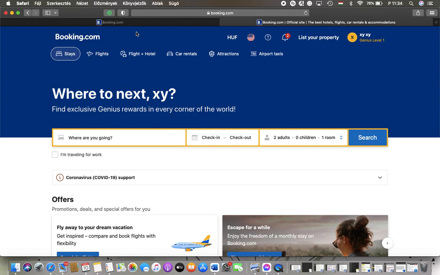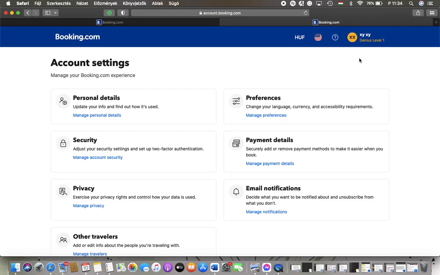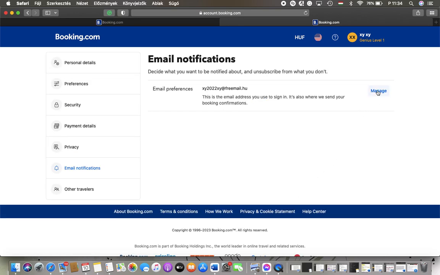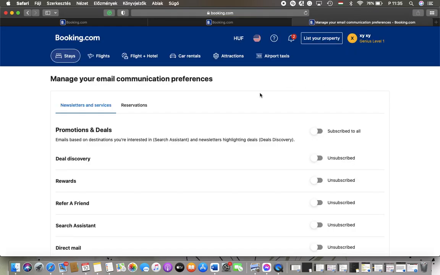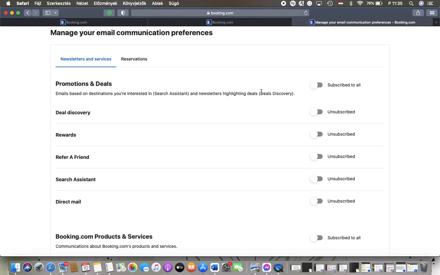website. First of all, open the website on your device. Go to your homepage and tap on this account button in the upper right corner of the screen. Tap on manage account, and after that you should tap on this email notifications section, tap on manage on the right side, and then you will be directed to this manage your email communication preferences section where you can tap